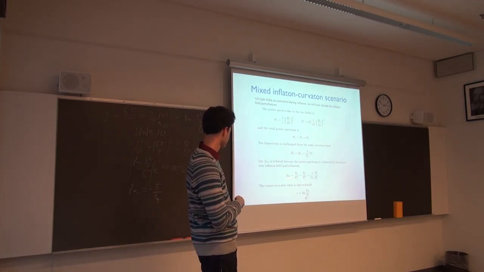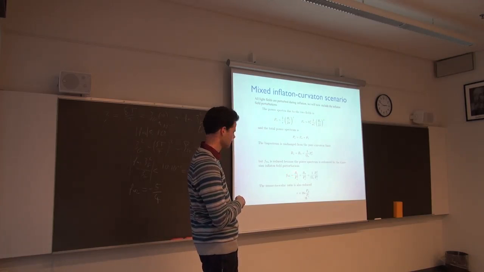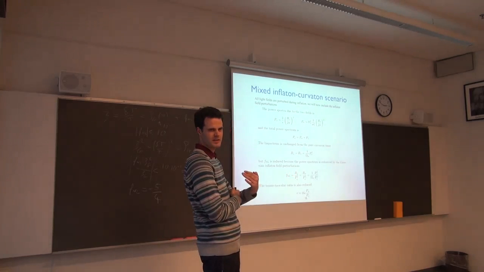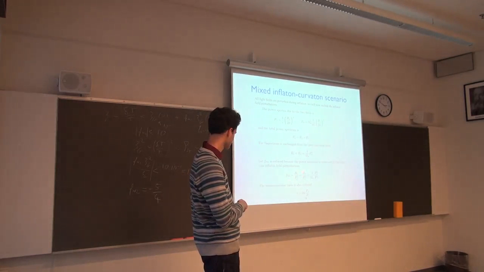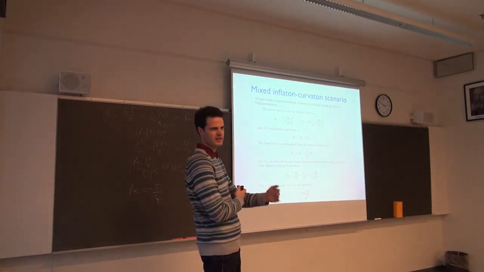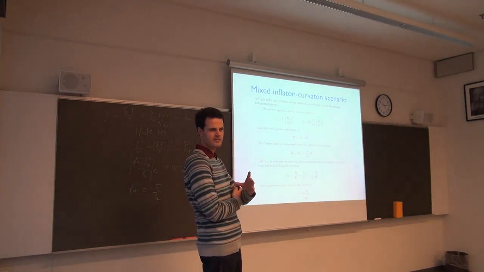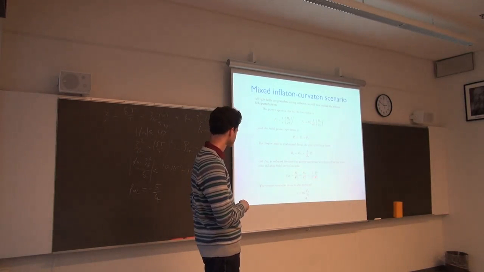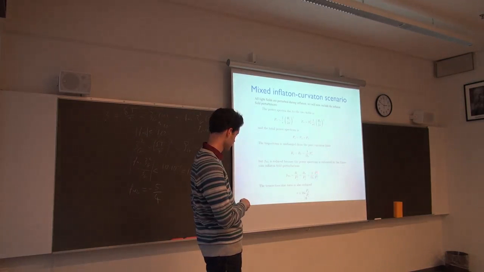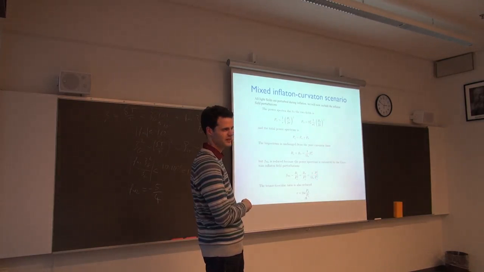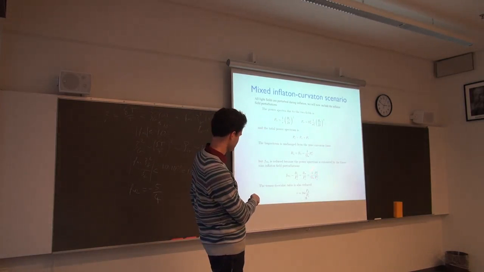However, this is probably a bit fast. FNL is the 3-point function of the curvature perturbation divided by the square of the power spectrum. So that's the bispectrum, which is the same as that of the curvaton because it's the only non-Gaussian field in your problem. So you get 1 over omega sigma times the power spectrum of the curvaton to the total squared. And this fraction here should be less than 1